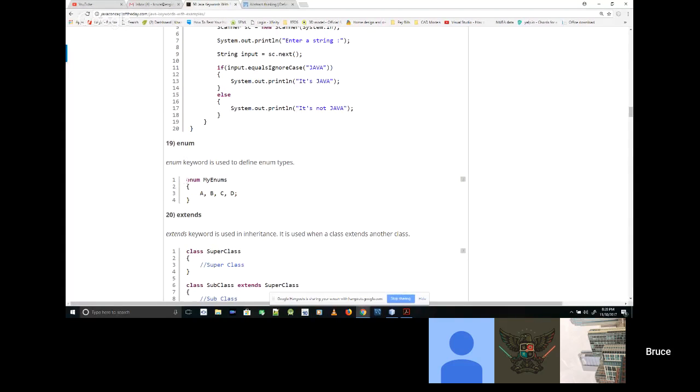I quickly went over the idea of an enum. What it is, basically, is a list of numbers that are given a name. This number is always 0. This one's always 1. This one's always 2. This one's always 3. And the reason is because of the order in which they're listed in the enum. So an enum is basically a named number.